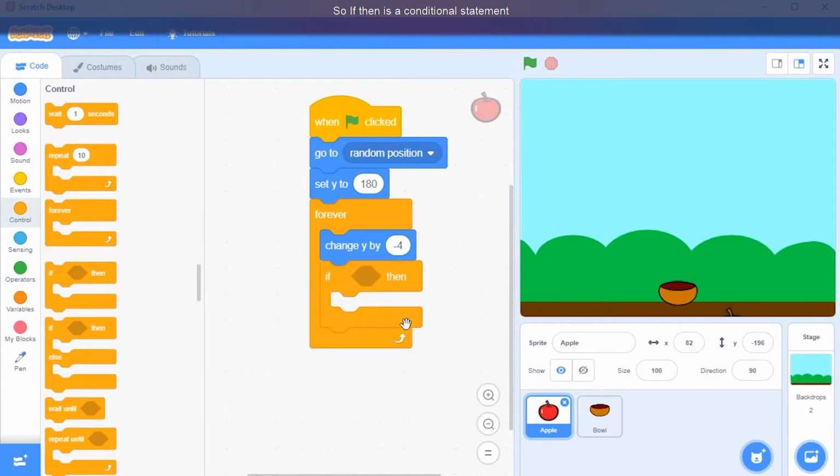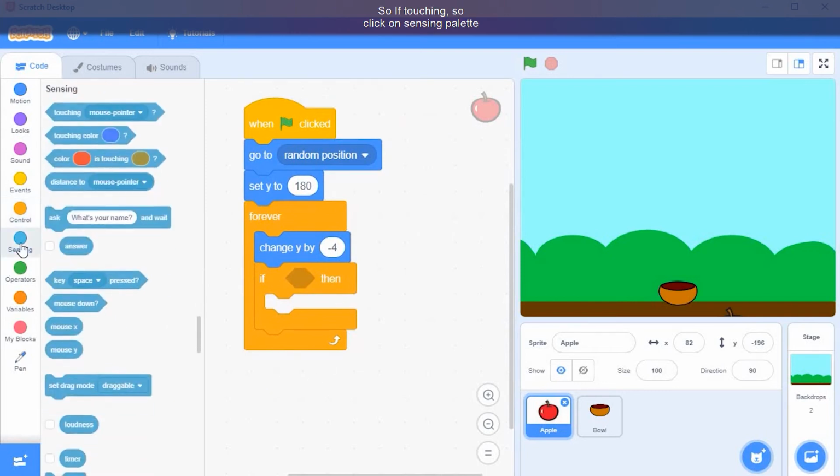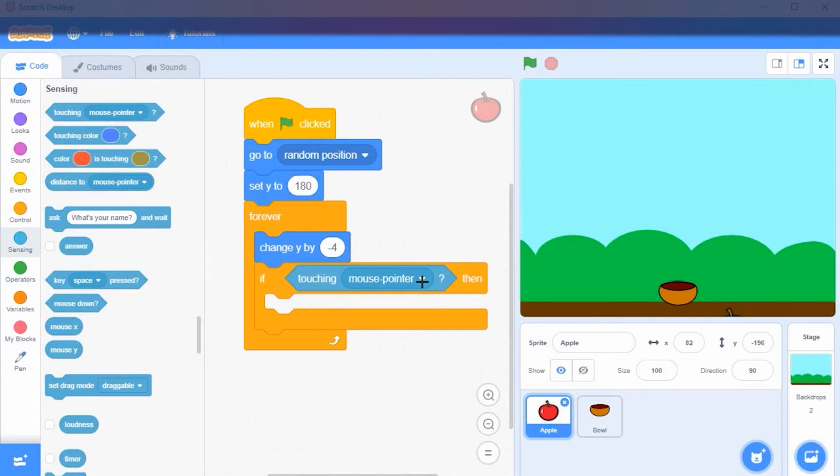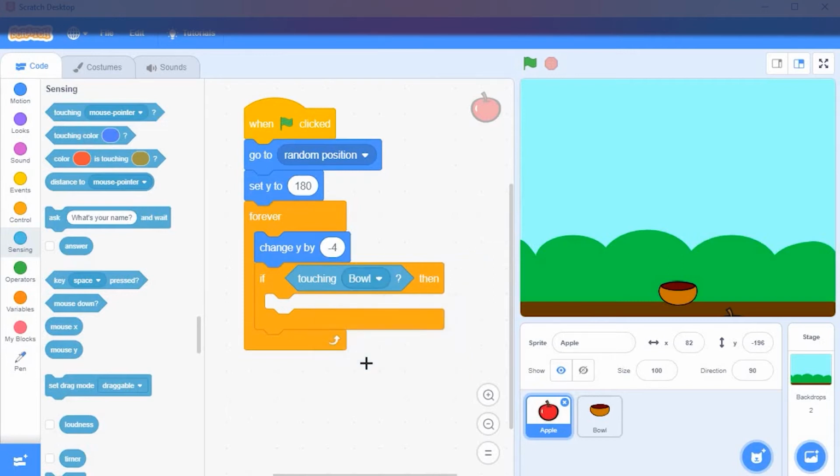So if then is a conditional statement that we use in computer programming. So if touching, so click on sensing palette and get the block touching mouse pointer, attach it here inside if, and instead of mouse pointer let's choose bowl. So if touching bowl, then